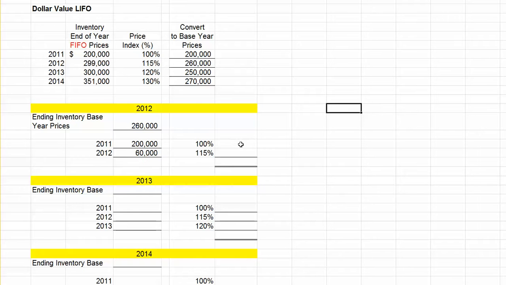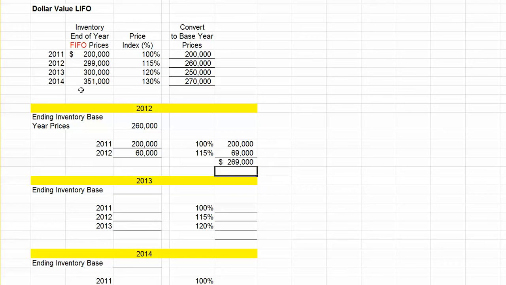And of course, any inventory we purchased in 2011 would have been at base year prices, and it would simply be worth the $200,000. But the $60,000 layer we purchased in 2012, we wouldn't have paid $60,000 for it because inflation caused a 15% increase in prices. It would have cost us $60,000 times the 115%. It would have cost us $69,000 in that second year. So on a LIFO basis, our inventory is